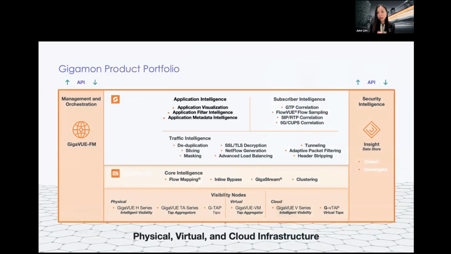All right, so this is really my last slide already. We talked about it just now. There are a lot of capabilities within Gigamon, for both on-prem, physical links, or virtual environments. In the cloud environment, remember there are really a lot of blind spots. Getting traffic out from the cloud environment is not as straightforward as you think, because that's not as straightforward as plugging in a SPAN port. So make sure you do it correctly. Gigamon has that solution.